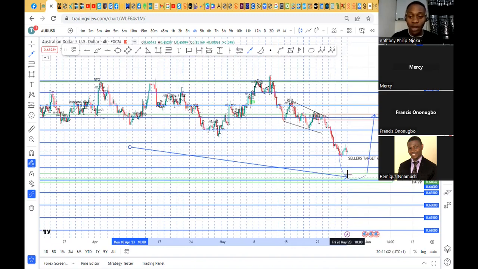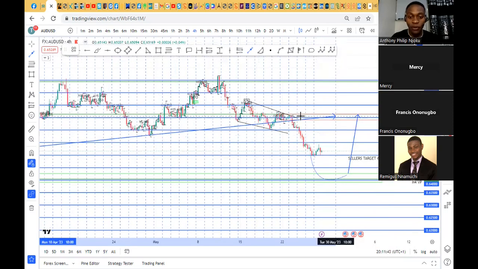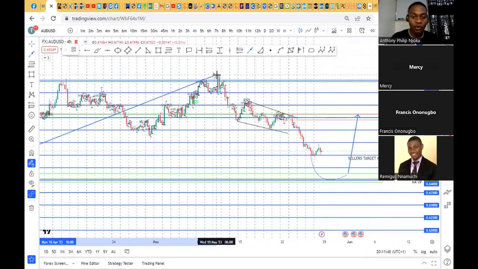Also, it could push more down within Tuesday, but there is high impact news on Wednesday for the Australian dollar. So that high impact news could be the trigger we need to push the Australian dollar to the upside. We have an H4 validation point which has not fulfilled efficiency over here, which is going to return. We can also do a Fibonacci retracement from the swing high to swing low, and we're going to take our profit